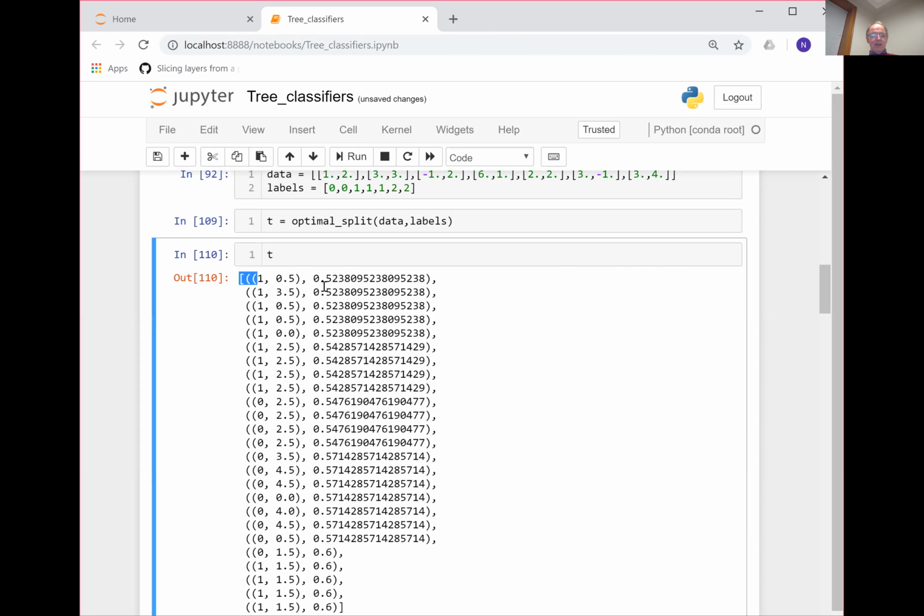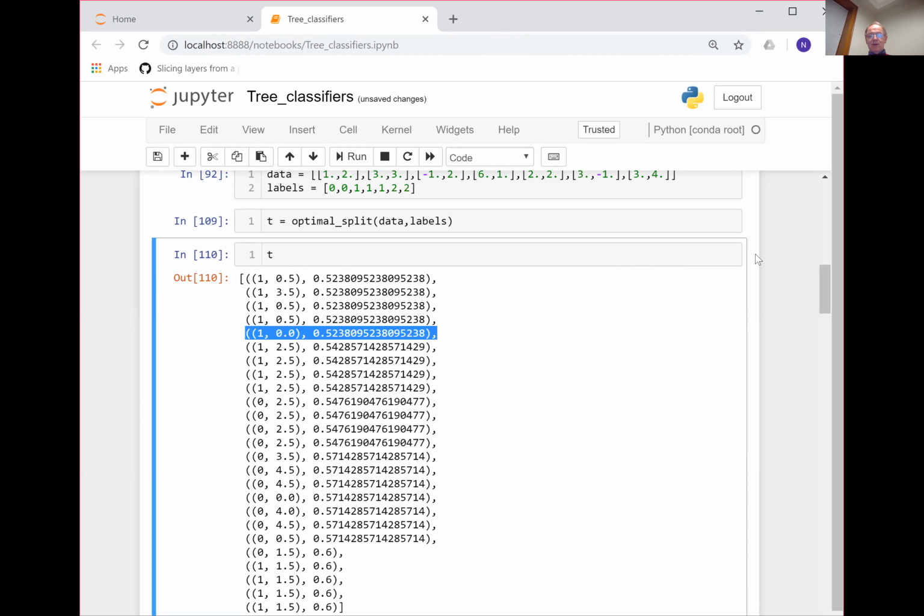The coordinates are labeled 0 and 1, so 1 here means the second coordinate. We can split at the second coordinate at 0.5, or at 3.5, which comes back here, or we can split here at the second coordinate at